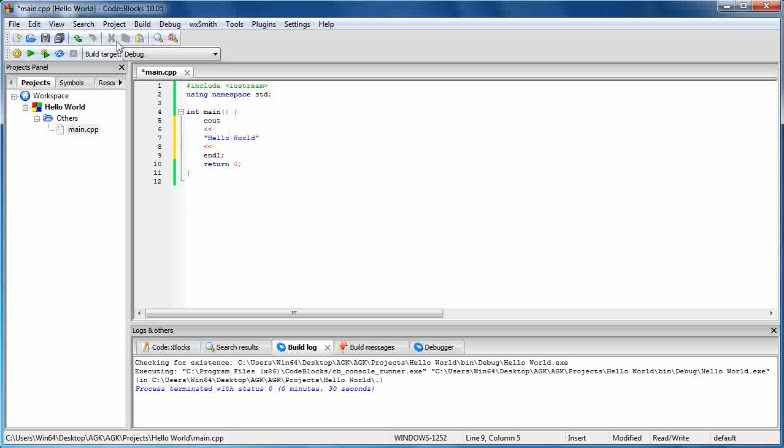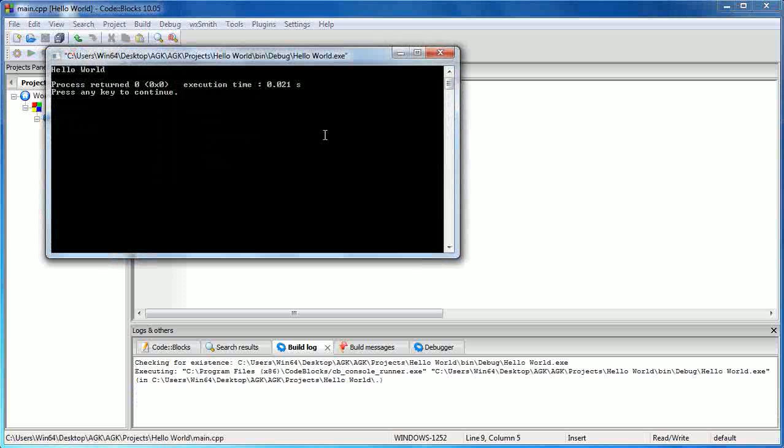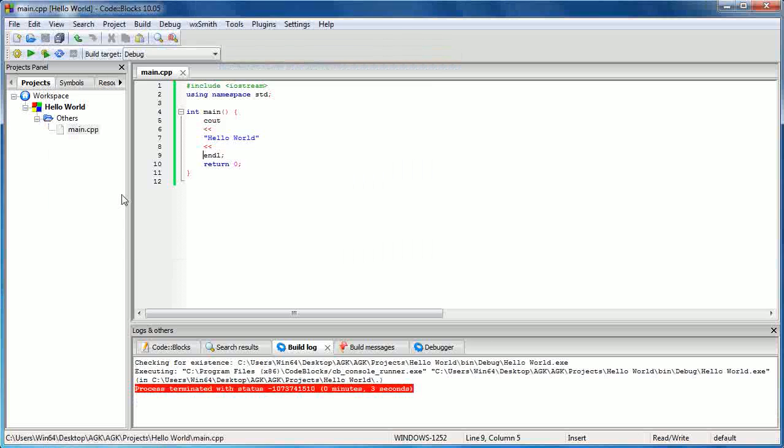Now if I do a quick compile, it still works exactly the same as before. So all this white space we've added into our program itself is completely ignored. It doesn't exist until that